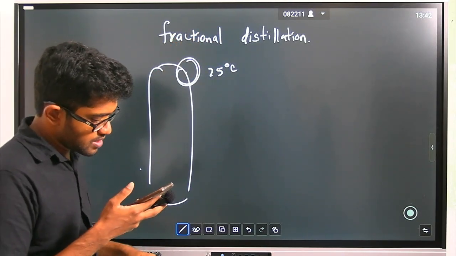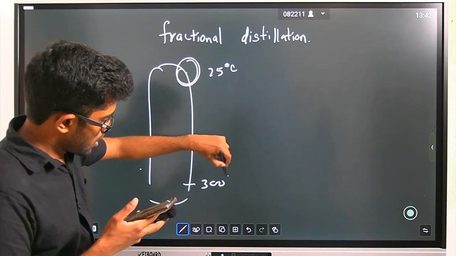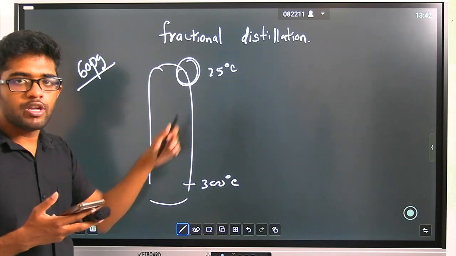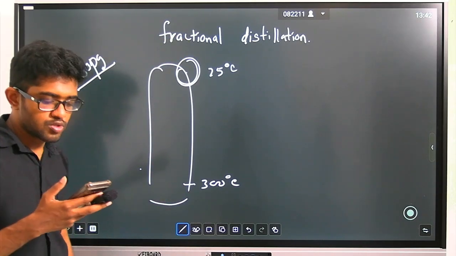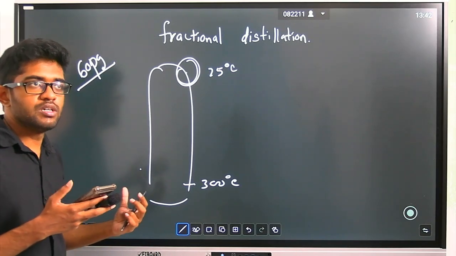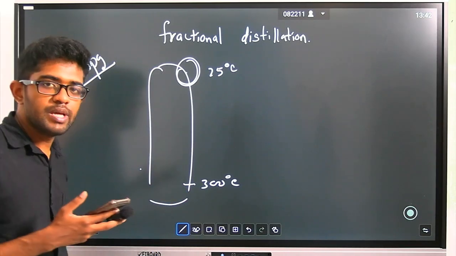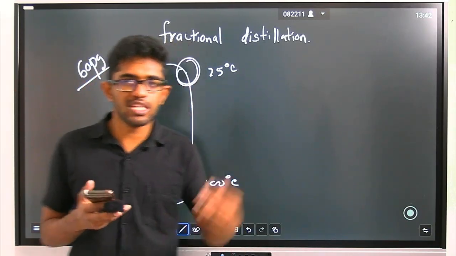And on the bottom it is around 250, 300 Celsius. So you need to know that the boiling points from component to component will be lower on the top and higher on the bottom, right? So the components which have less volatility will be extracted on the bottom, and the high volatility ones will be extracted at the top. Now you need not worry about how those are being extracted, because even in A levels